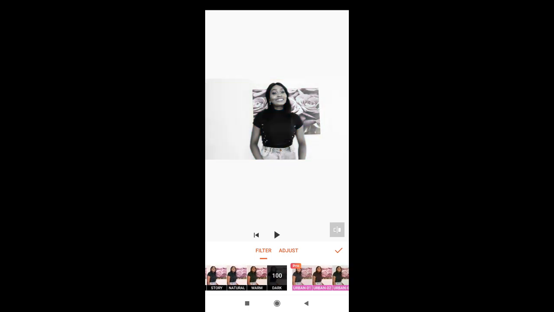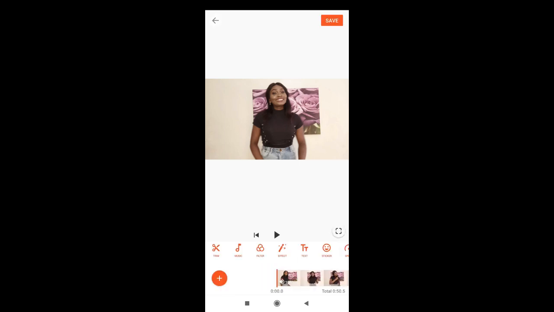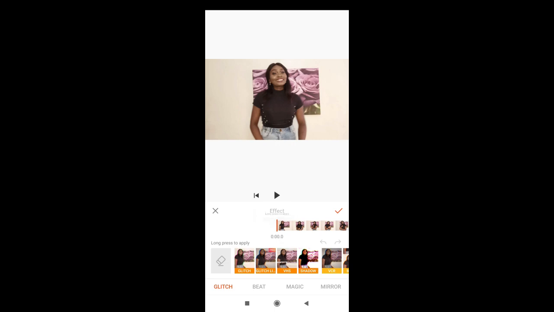Also back to the filter rather. So yeah, as you can see, these are the different filters that you can select from if you want to use a filter. Alright, so to the effects,